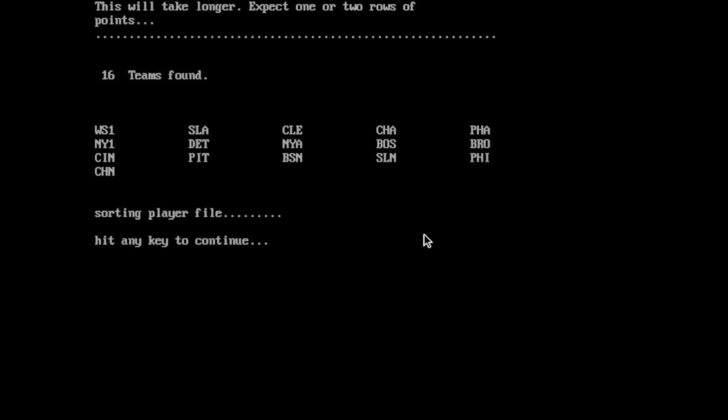Okay, so that took about maybe 10 minutes or so to complete. So you can see it gets to the end of all the dots here, all the points, periods, whatever you want to call them, right? It says 16 teams found, and then gives you the list of team abbreviations, sorting the player file, hit any key to continue. And you hit the space bar or whatever key, then it says done, and you're back at the prompt. So our next step